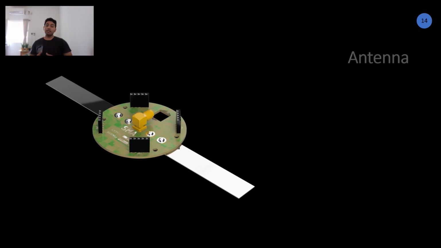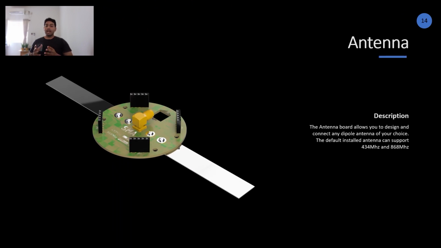Moving on to the antenna. Now, the antenna board, as I said, comes with the communication module. What we do is we provide you with a dipole because it's linearly polarized, and you can always use a Yagi antenna on ground to communicate with the CanSat. So a Yagi antenna, of course, gives you higher gain in a single direction, giving you more range. If you ever want to change to a different kind of antenna, helical, turnstile, patch antenna, you can of course do that because it's modular in design. You can plug this antenna out and add your own antenna.